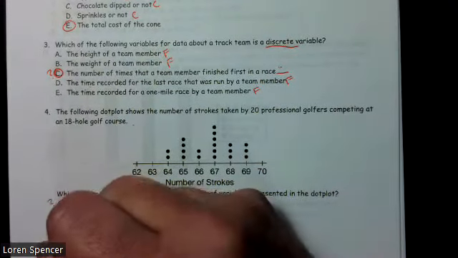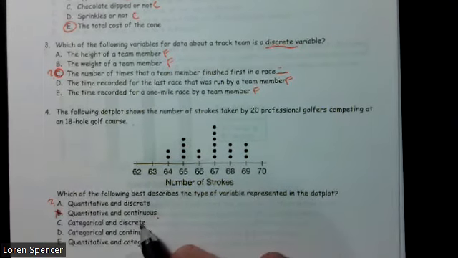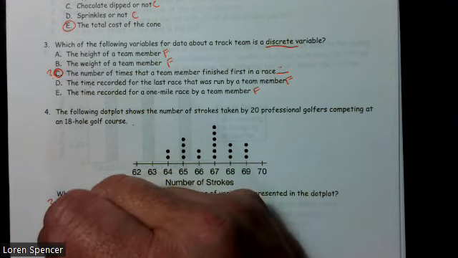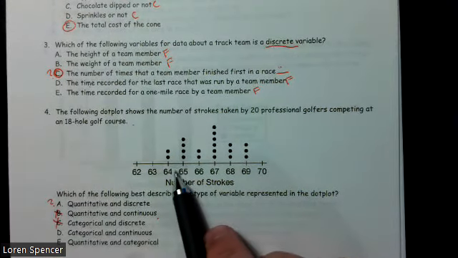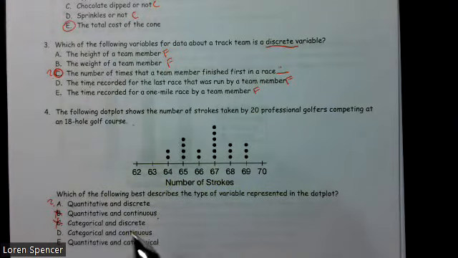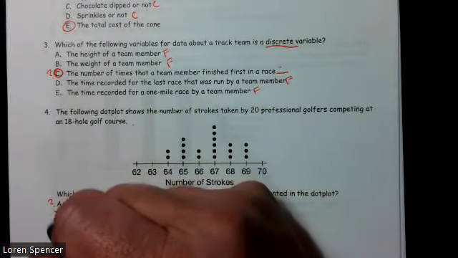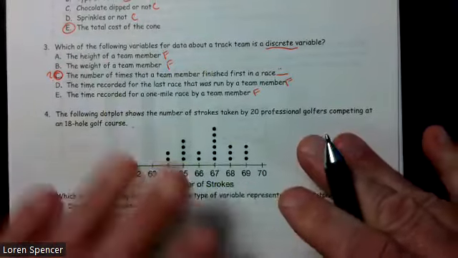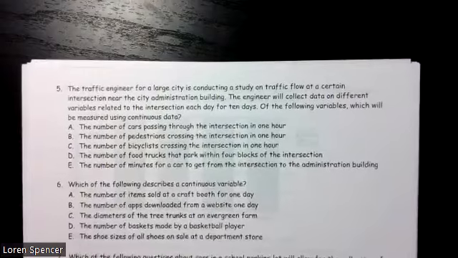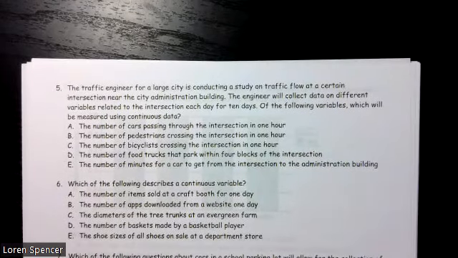It's not continuous because they're whole numbers. It is discrete, but it's not categorical because it's the number of strokes. And order does matter because 64, they do need to be in order. And it's not continuous, not categorical. All right, our only choice is A. So 4 is A. Number 5, the traffic engineer for a large city is conducting a study on traffic flow